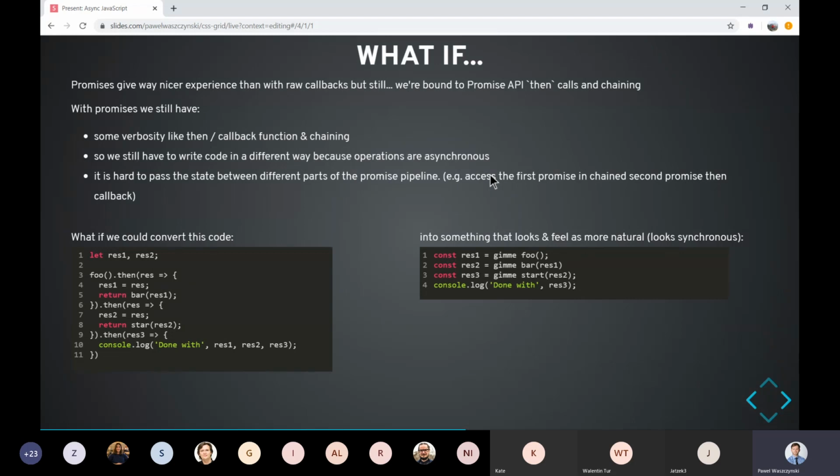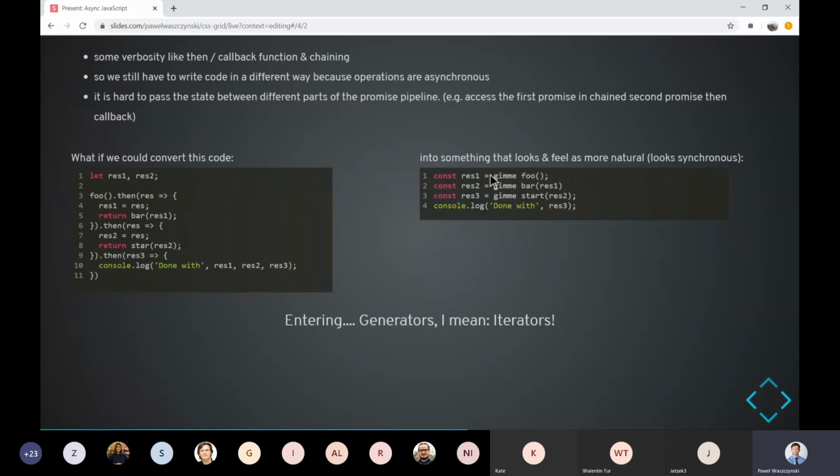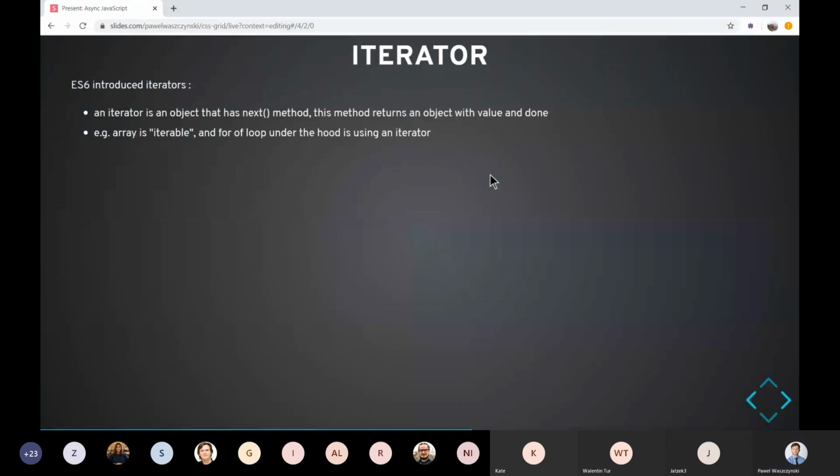So we have line number 1. The foo returns a promise. We prefix it with the magic keyword gimme, and it just resolves the promise and gives you the result. So it will happen automatically. So is it possible to do something like this? And the answer, of course, is yes. Initially, that was possible with generators and iterators. So in ECMAScript,